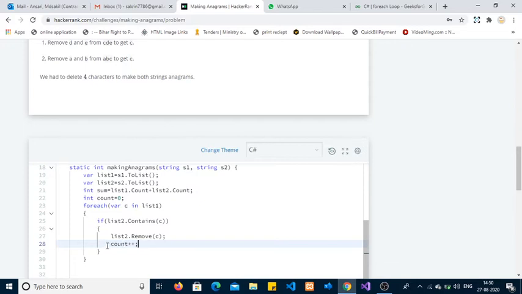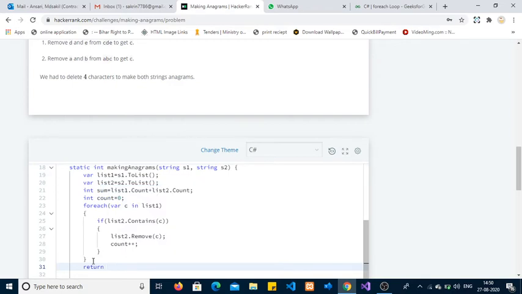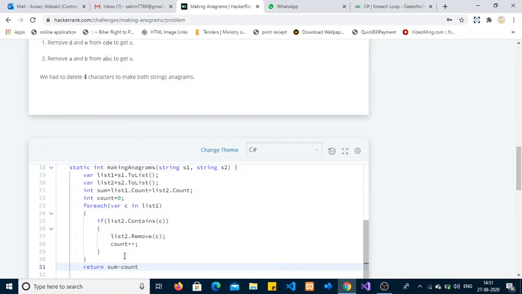I am counting in the count variable, and finally we have to return how many characters we deleted from both strings. I am deleting only from the second string. I already created the total number of characters present in both strings and stored it in the sum, and subtracting. The count variable is storing only the common characters from list2, so we need to multiply it by 2.